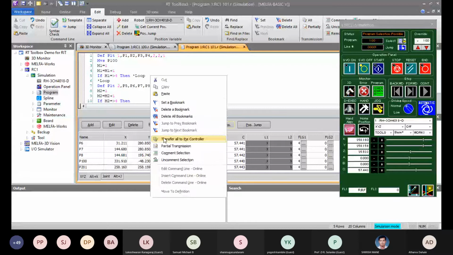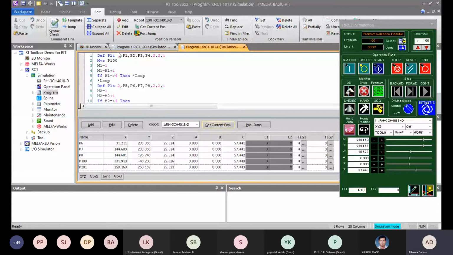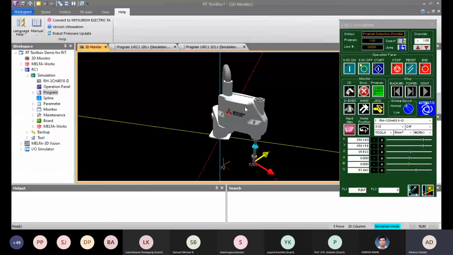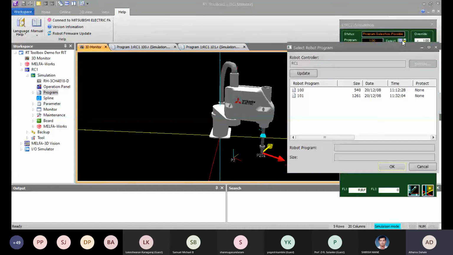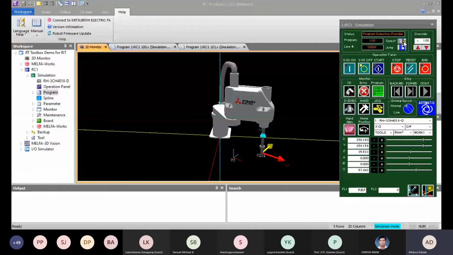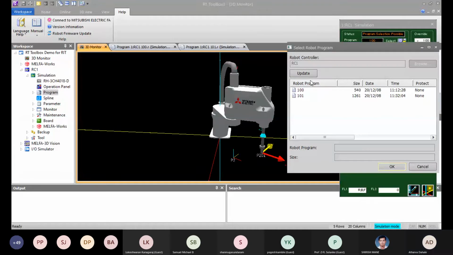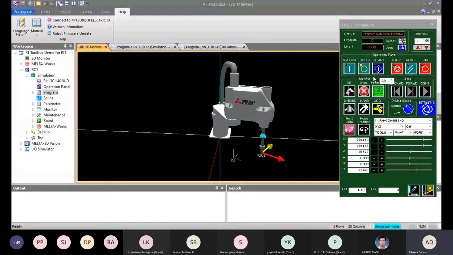So I'll transfer all to the controller. Yes, writing is completed. Now let's see whether or not it works. So I clicked on the select button. I have selected the code 101. I have made the servo on.